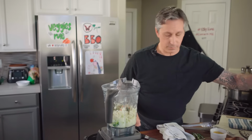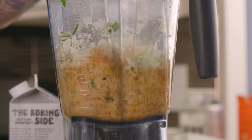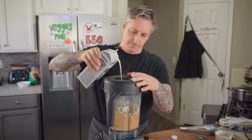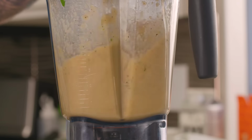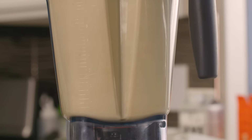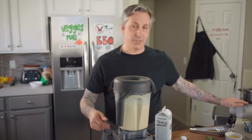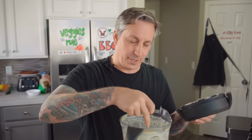So for the liquid, I am gonna go with Oatly. So what I'm gonna do, let's get this going on low, pulse. So as that starts to break down, I will slowly add the oat milk. And speed up. So you're gonna wanna blend that for at least a couple minutes because you want it silky, silky smooth, just like a heavy cream replacement, but all made of plants and way more flavor and not from some cow's